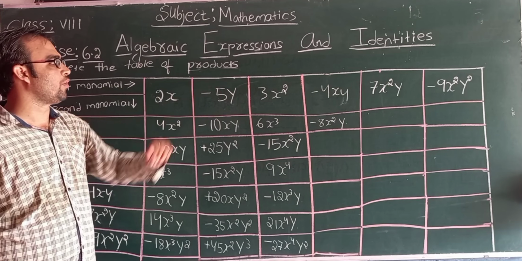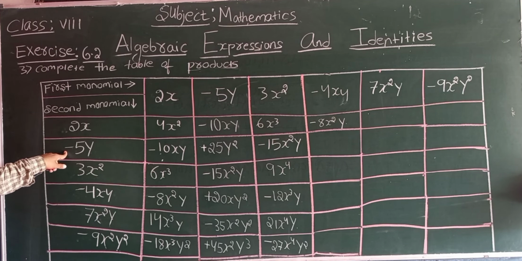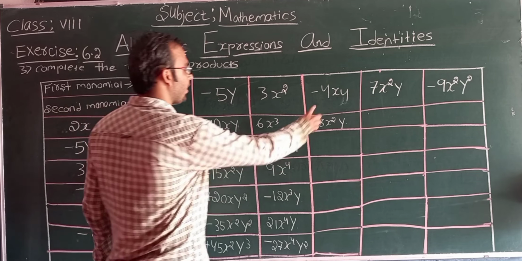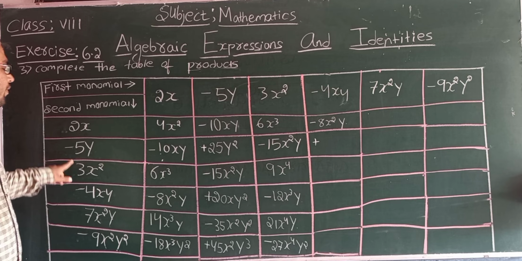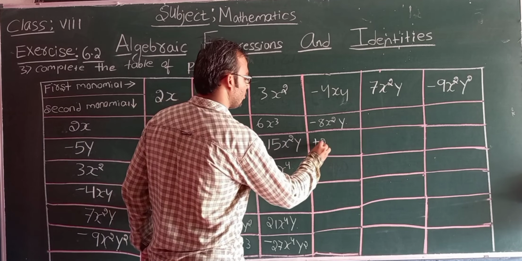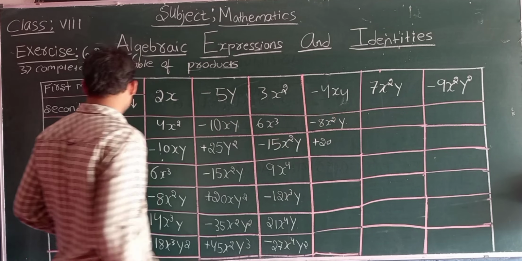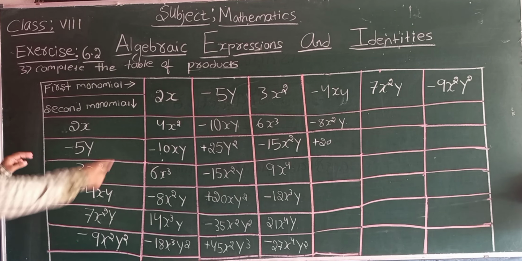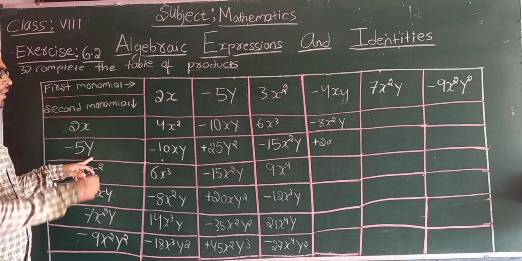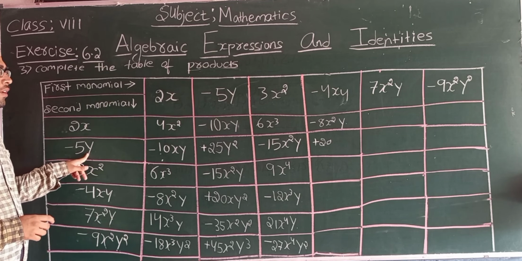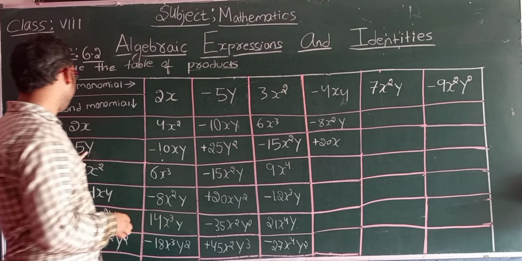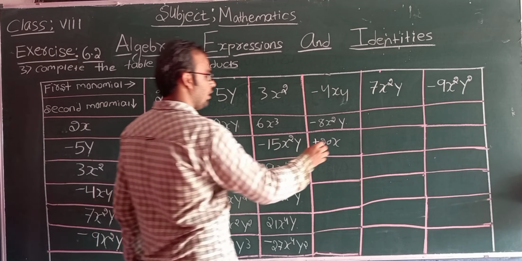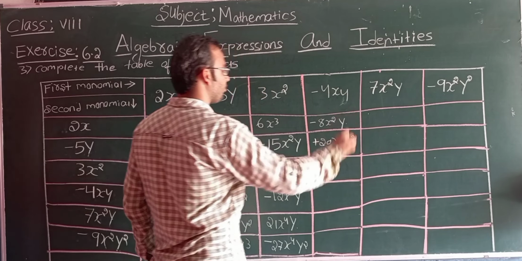Okay, now minus 4xy and minus 5y. Okay, so here minus into minus will be plus. 4 5s are 20. Okay, so look this one and these terms. 4 5s are 20 and there xy is there. So here only y. Okay, so here only one x is there, no? So write x and y into y will be y square.